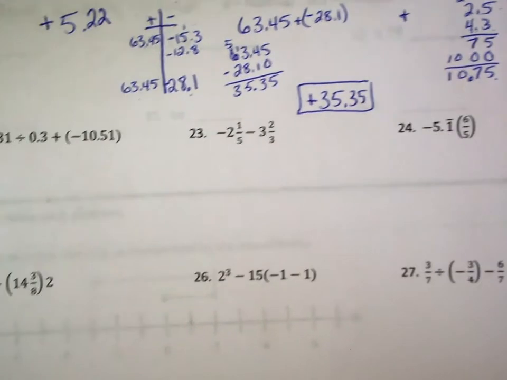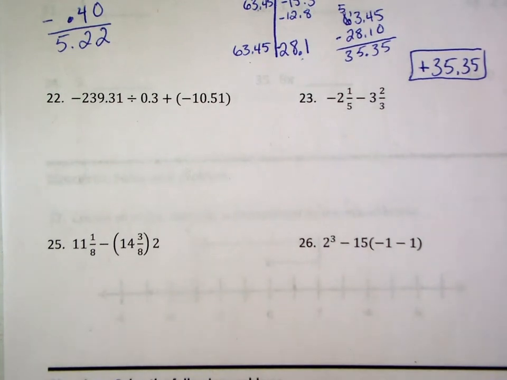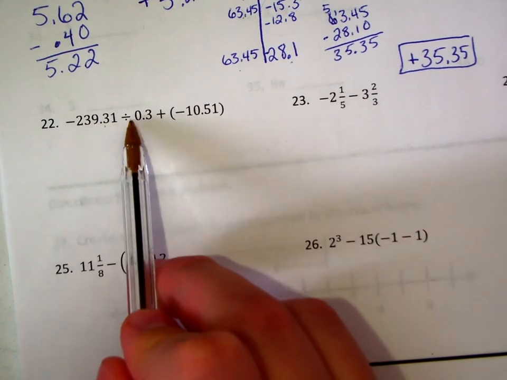Our next set of problems will be problems 22 through 24. So in 22, we have negative 239.31 divided by 0.3